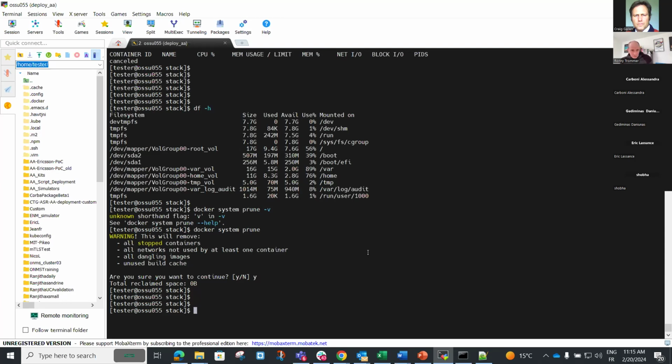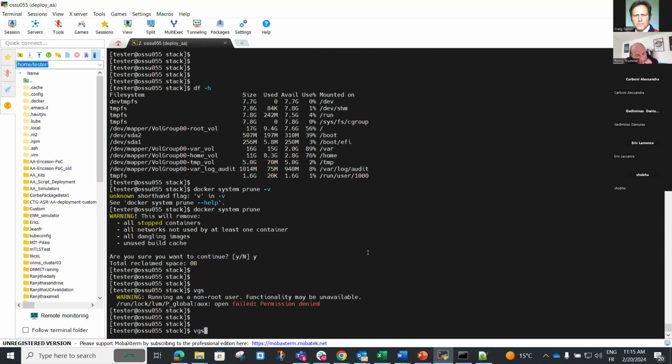It will only prune stopped container images. Everything which is running is still there. But yes, you have to make that volume bigger.